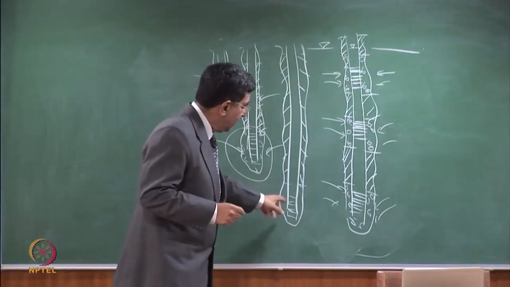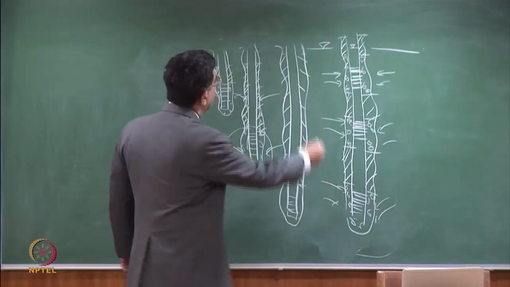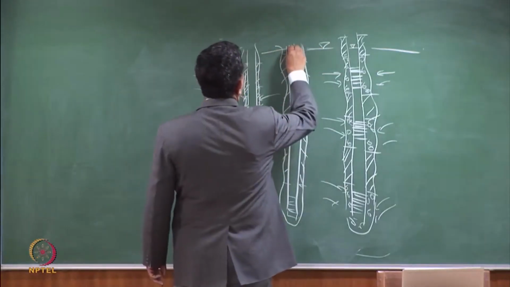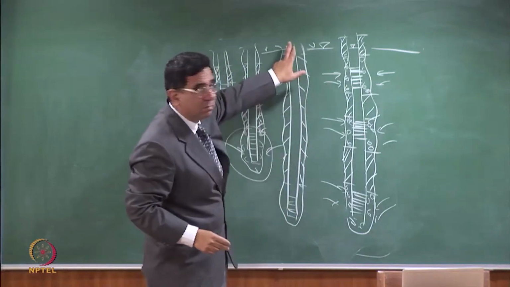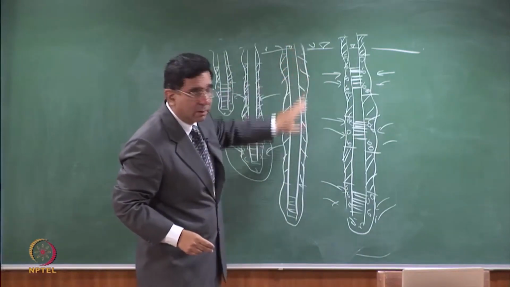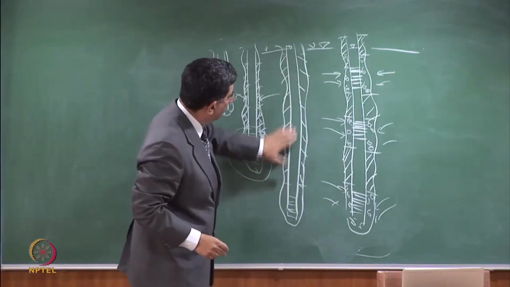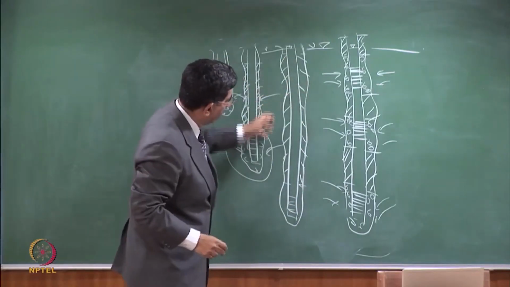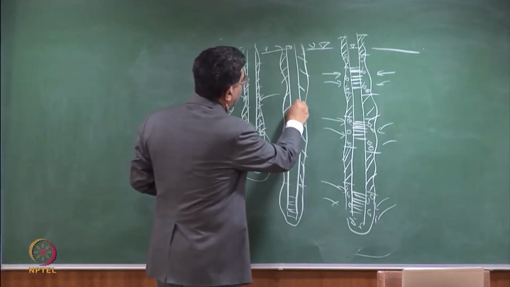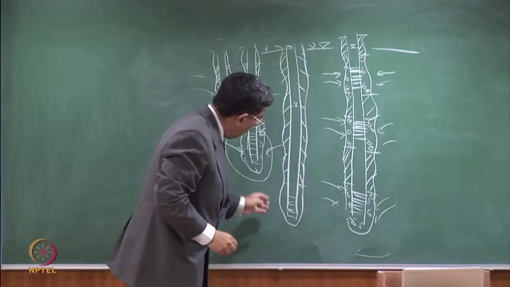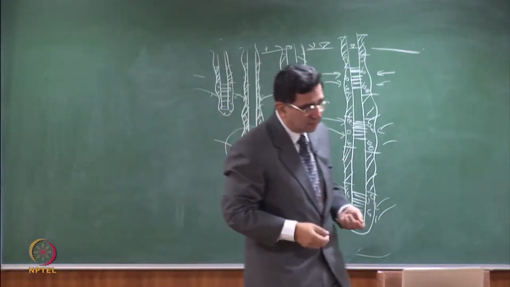Whereas here, it's only the water coming through this soil that you are able to pick up. See, here also the water table will be here. Agreed? But the water in this column has come from where? It has only come from here. No water has come into this column from this side. When you pump this, water level will fall. More water will come from here. So now if you read this,